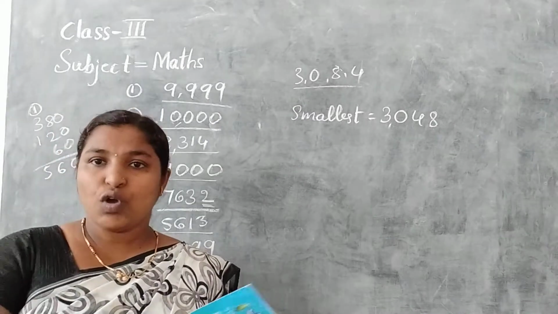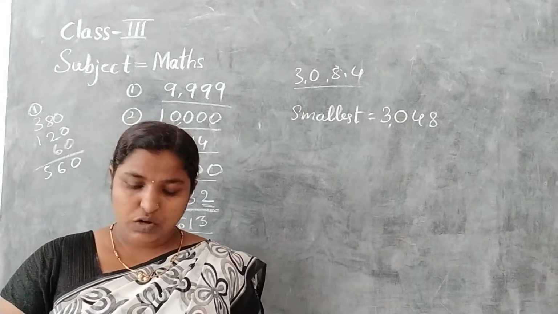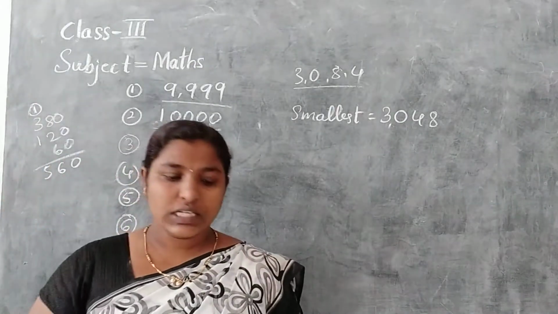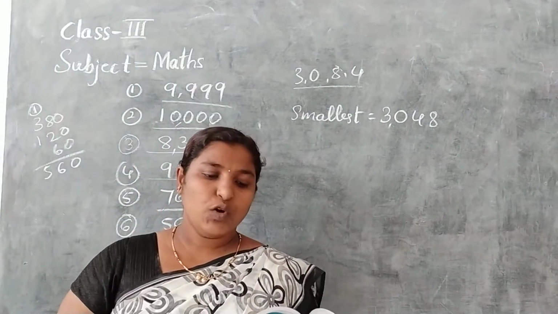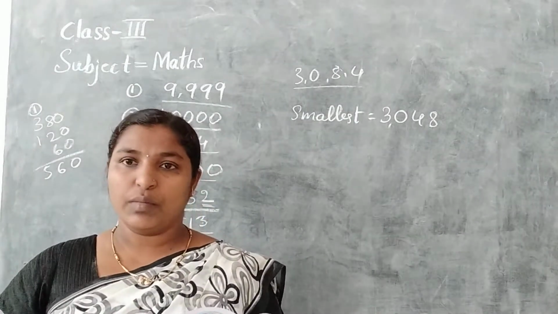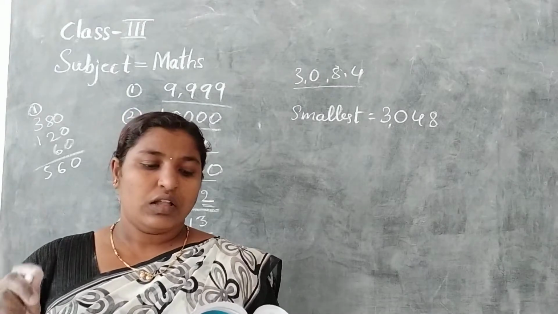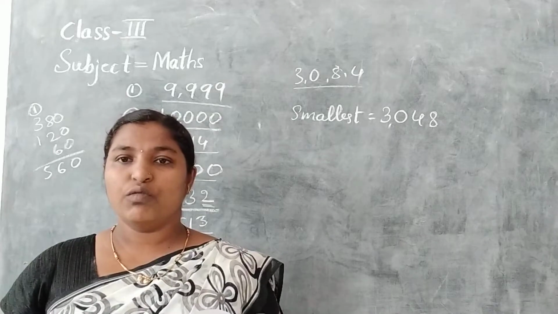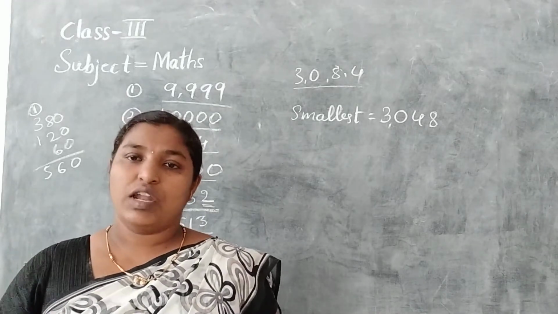Today we will solve the next page, number 225. Let us practice 2.2. Before that, there are some questions. What number do you have to add to get the successor of a given number? So we should add 1 to the given number. Is the predecessor of the number greater or smaller than the given number? The predecessor will be smaller than the given number.